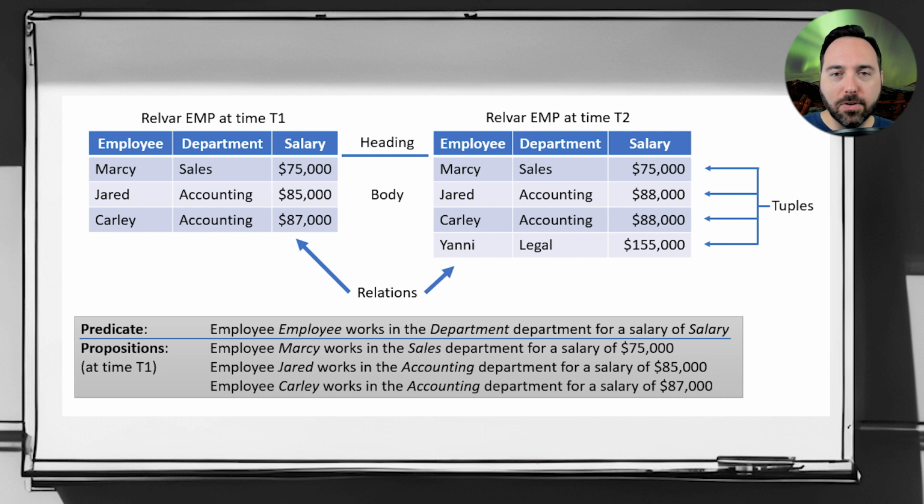Finally, I include concepts of predicates and propositions below. We won't dig into these very much during the series, but the idea is that we can describe any tuple of rel-var EMP using our predicate. Meanwhile, a proposition is a true or false statement concerning a tuple inside of a rel-var. That's the short version of terminology, and don't worry, I will reiterate some of this terminology as we go along in this series, as that's the best way for it to make sense.